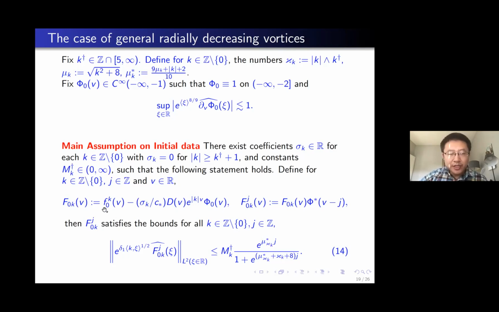So this is my initial data. For smooth data, I would expect the e to the minus kv, e to the kv kind of decay as v goes to minus infinity. So that's the natural rate. I want to extract this decay. I want to extract this main term, remove this main term. I have this F naught k. The main purpose is to see that this now decays a little faster as v goes to minus infinity, because I have extracted the main term.